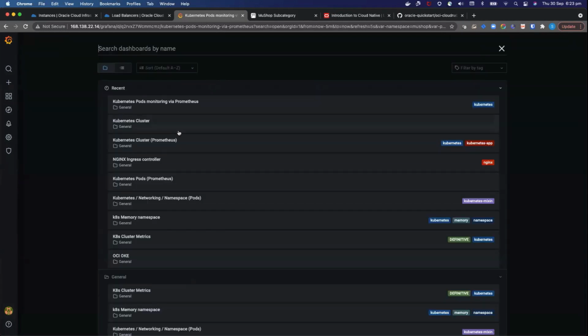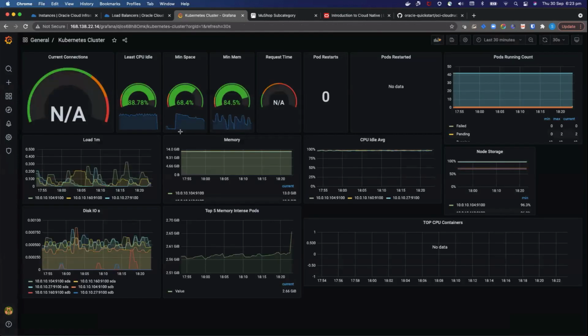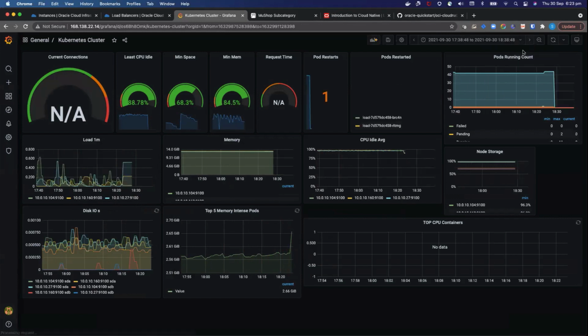I could also check Kubernetes cluster metrics. I could see the average load of the boxes of my three different nodes over time. As my pods start to pick up, I have some memory intense pods coming up here. My loads will start spiking. So if I change here,